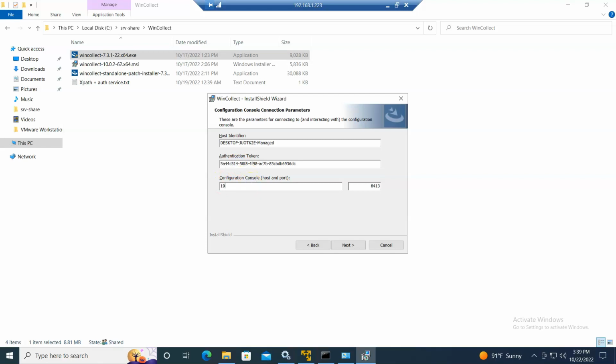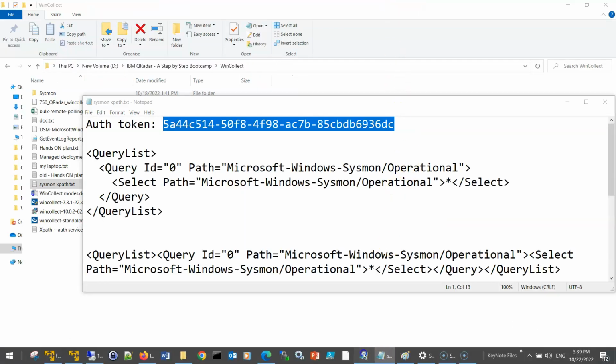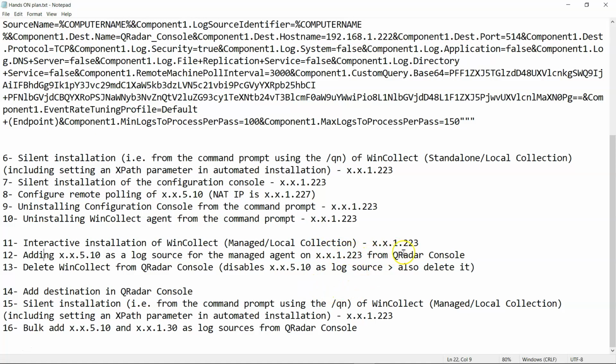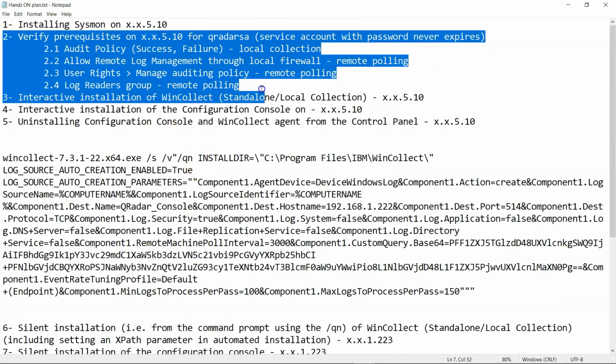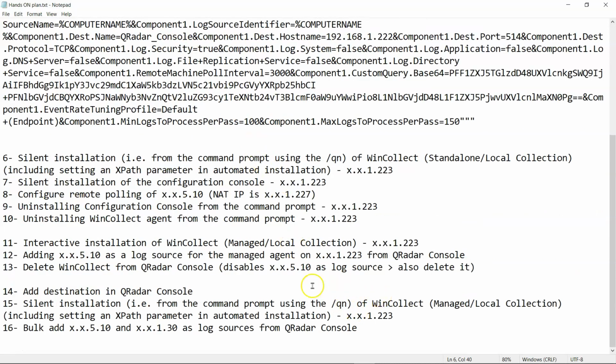Now the configuration console is our QRadar. Okay, and leave this port, which is for exchanging the configuration and the updates from the QRadar. Okay, and here we will create a log source, because in our exercise we want to make a local collection as well from 2 to 3. Despite that we don't have much logs or auditing enabled for 2 to 3, we did not do these things like what we did for the 5.10. So let's do the local collection also, and then we will configure the log source 5.10 through the net IP